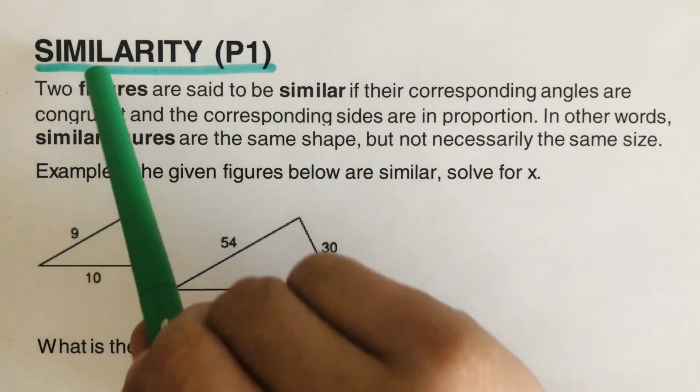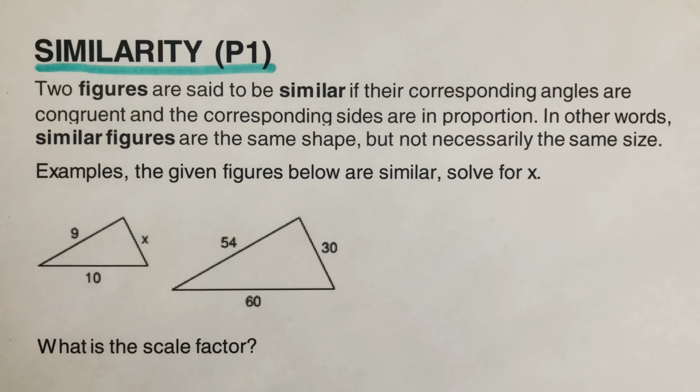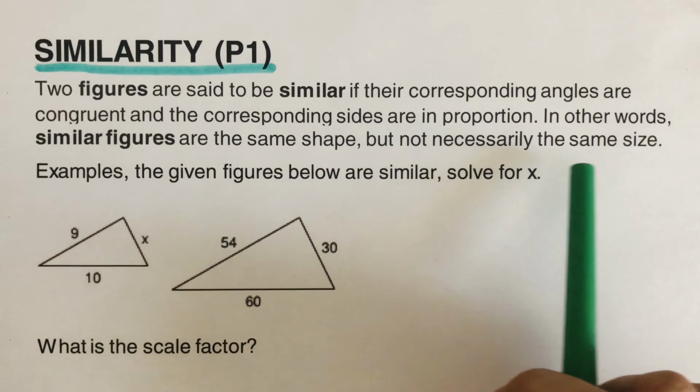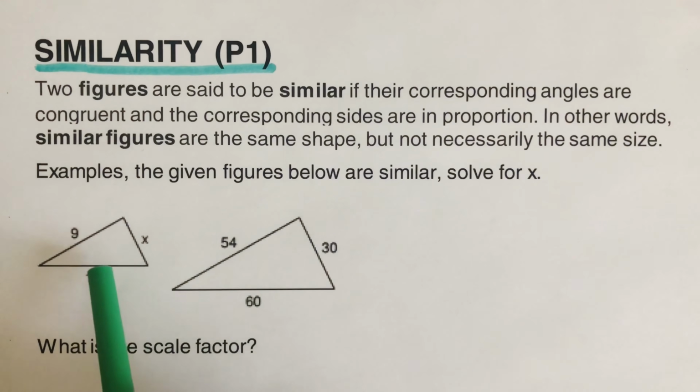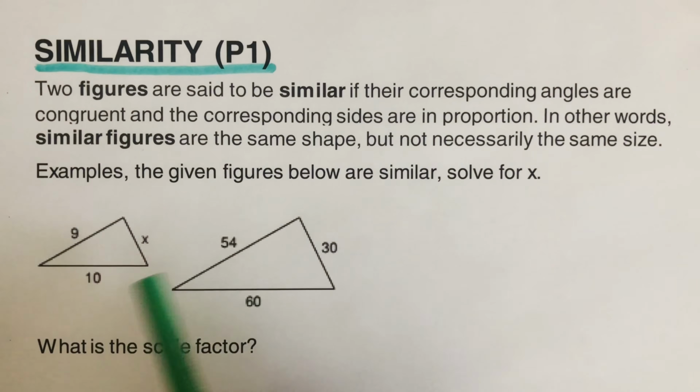So similarity, it comes from the word similar. When we say that two figures are similar, they have the same shape but not necessarily the same size. So the other one can be like a big version of the small, or the other one could be a small version. Okay, so before we move on to solving for x on these similar figures here, we have to